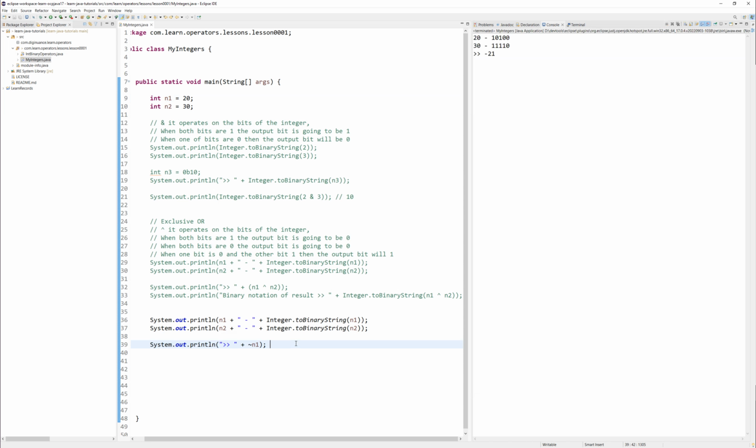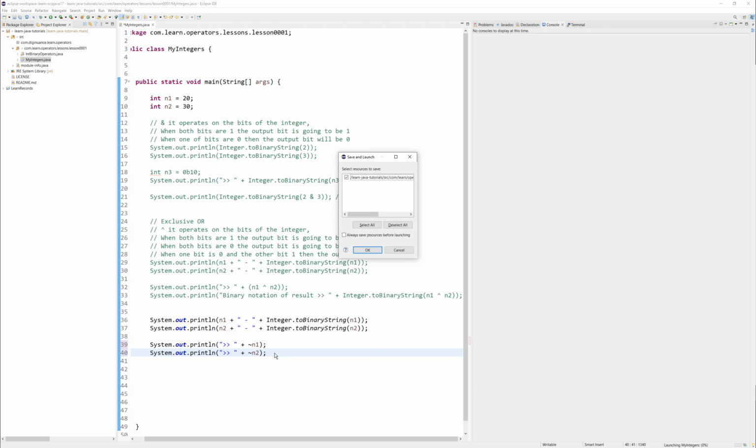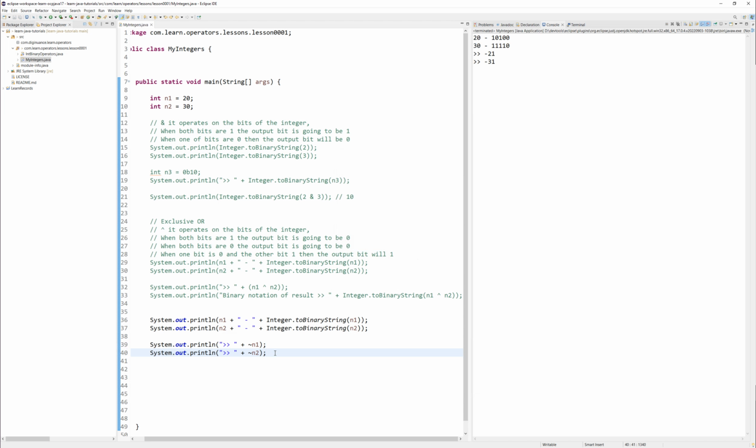And we run it. This is minus 21. And when we apply it to the N2, what will happen? It will return minus 31, like this. And when we apply it again to the same numbers, like we can apply it like this again,